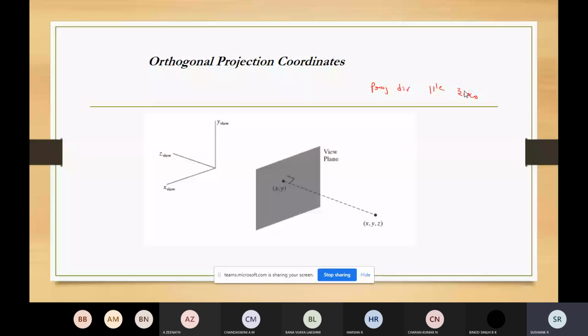When we consider this, the projection transformation will be left out with x and y. So xp will be x, the value assigned to the x projection coordinate, and yp will be equal to y. So with the projection direction being parallel to the z view axis,